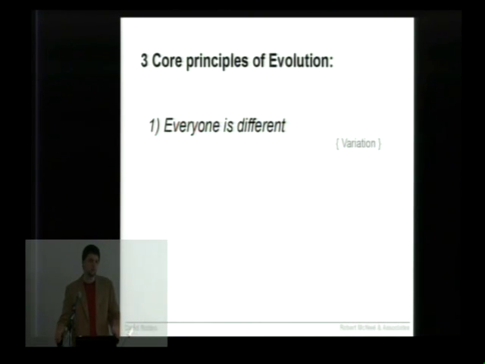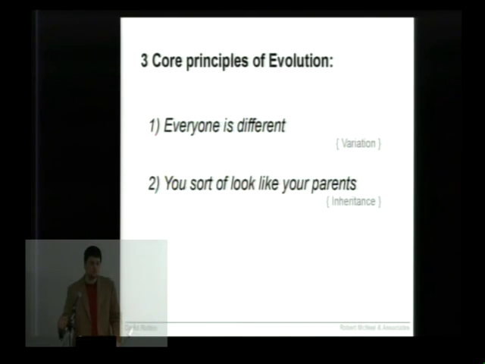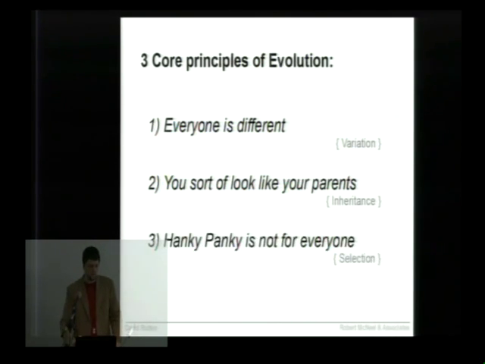The first is variation. If there is no variation, then you can't pick something which is better than something else, and the whole thing grinds to a halt. Second is inheritance. If mommy is fit and daddy is fit, and then we expect the child to also be fit. If that doesn't happen, then you can't go over time and be consistent. And finally, there is selection. If you're unfit, you don't get a mate. That's the basic rule. Either because you're sterile, or because you die too soon, or because you can't find a mate, or whatever. So the most fit individuals make the next generation.